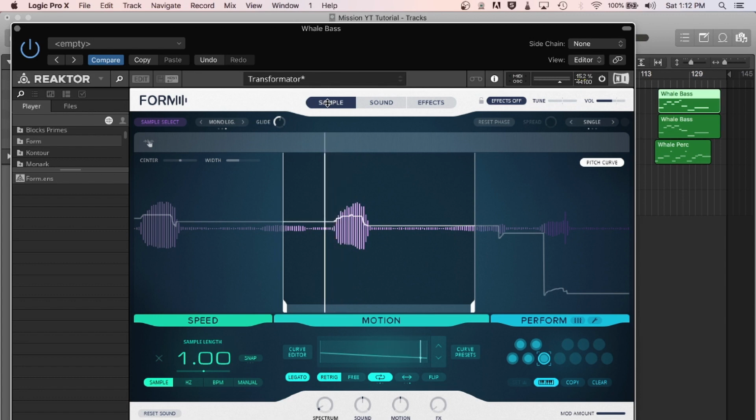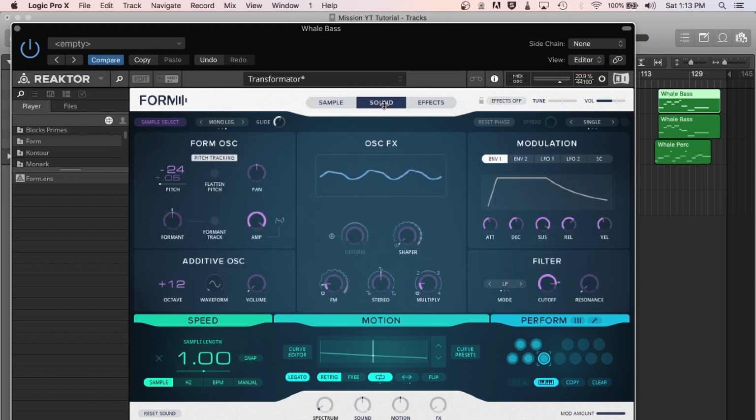So you'll see compared to the preset, what's happening is that it's actually moving mostly backwards through the sample. Every time I hit a key, it starts moving backwards through the sample first. It's moving pretty slowly through the sample, only at one, which is actually the default for this patch. And then if I turn the flatten pitch and formant track back on and I bring the oscillator back up to about where it was,